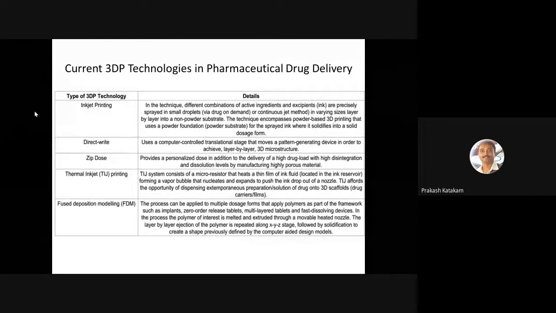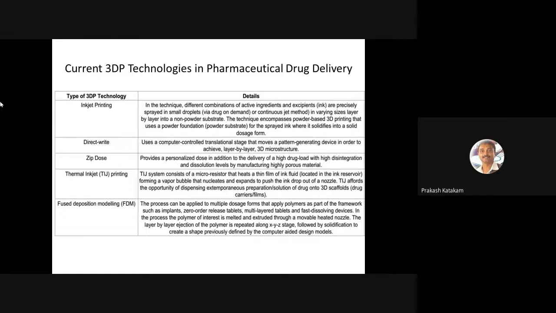Then thermal inkjet printing is similar to the one which we discussed before. FDM is a very popular technique and is now becoming more popular. There are two technologies which are being tried to get commercialized. The first one is already commercialized, that is inkjet printing using zip dose technology, where the powder bed is sprayed with a binder solution, and layer by layer a tablet is built.